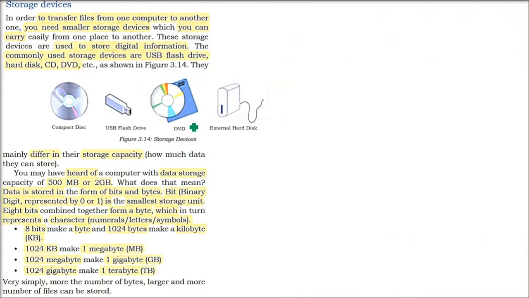Storage devices are the memory storage devices where you can put the data, retrieve the data, change the data. Say if you want to transfer a file from one computer to another, you cannot take the hard drive out. The hard drive is there inside your computer, an integral part, unless you have an external hard drive. But you can put in a pen drive, and then you can transfer the data.